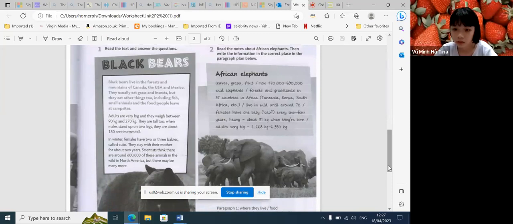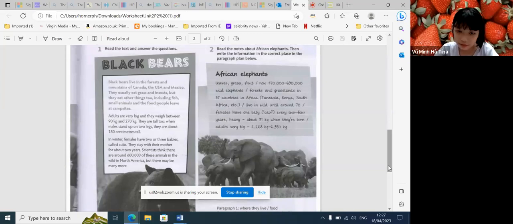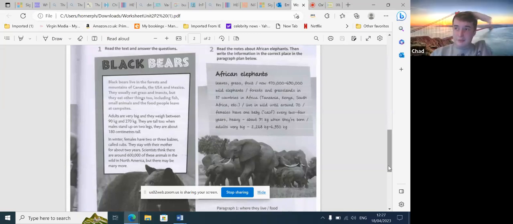Wait, is there not a zoo in Ho Chi Minh City? If there is, but you've just said that you haven't been to the zoo, or you haven't seen an elephant in the zoo. Min, is there a zoo in Ho Chi Minh City? Yes, it definitely has. Have you been to it?